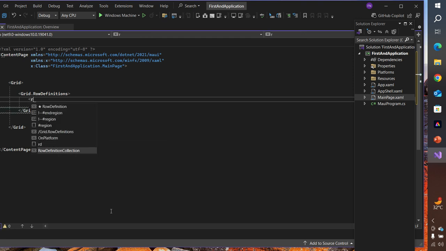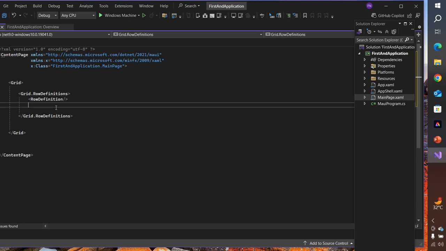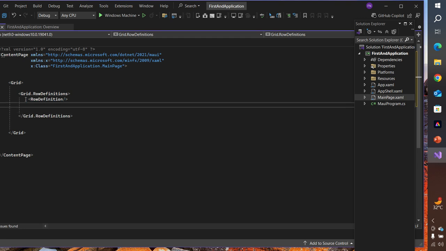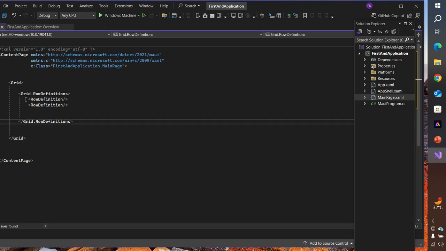Row definition. Copy 2 and 3. So now we have 3 rows,